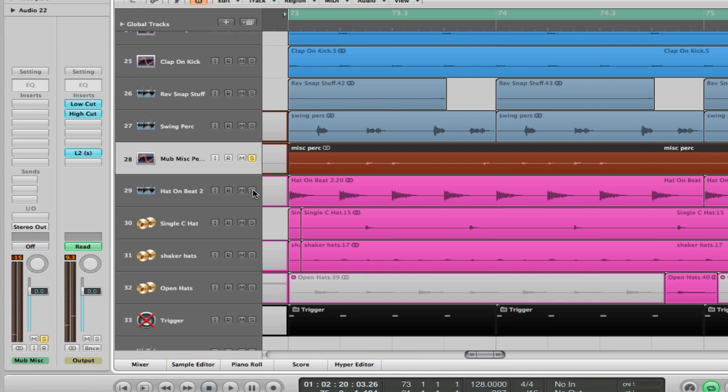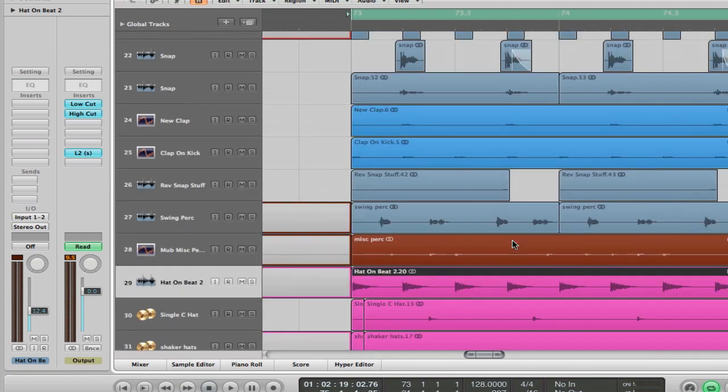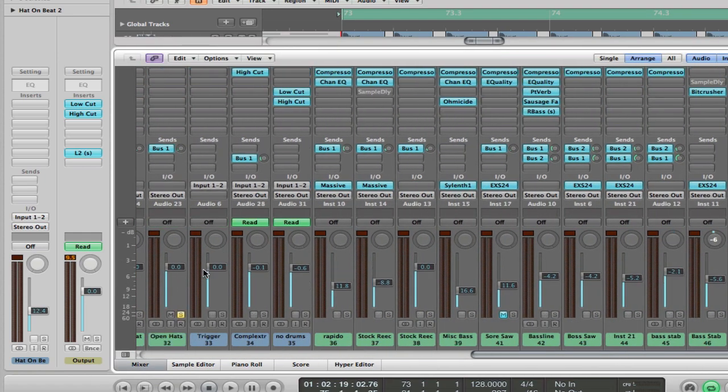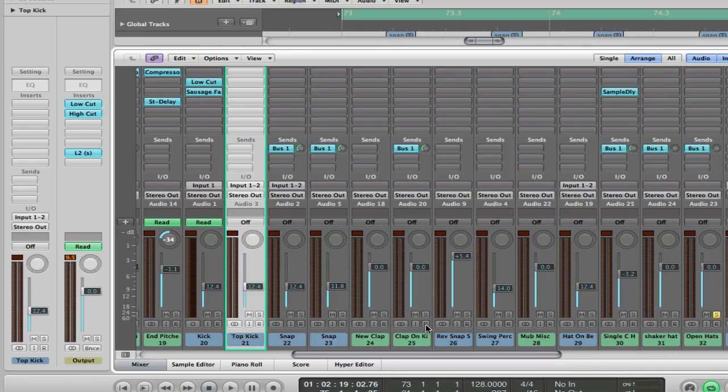Just some percussion again. Hi-hat. Nothing amazing, just a single closed hat. Just some sort of shakery hat type things. And this is just an open hat here. So, have I sent them off to a bus maybe? Look at that. I haven't sent them off to a bus. So really the only processing that those are getting